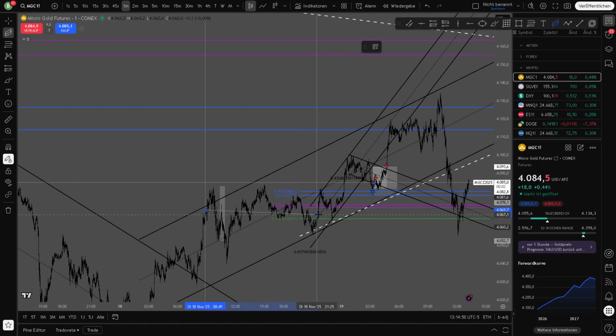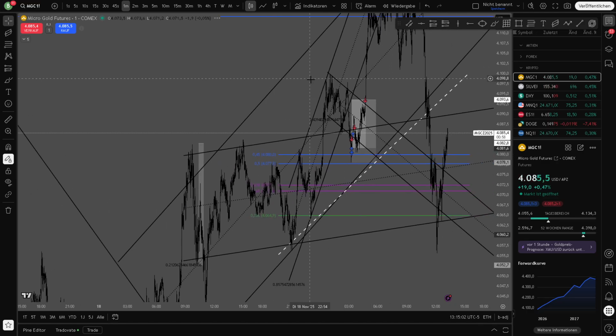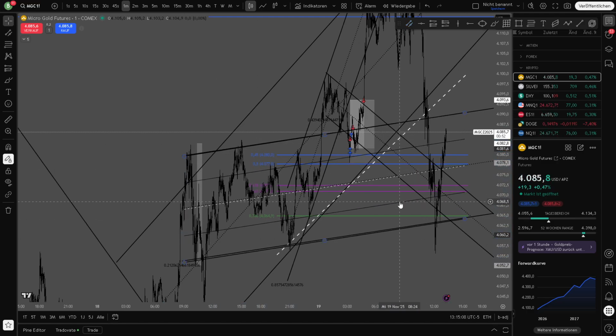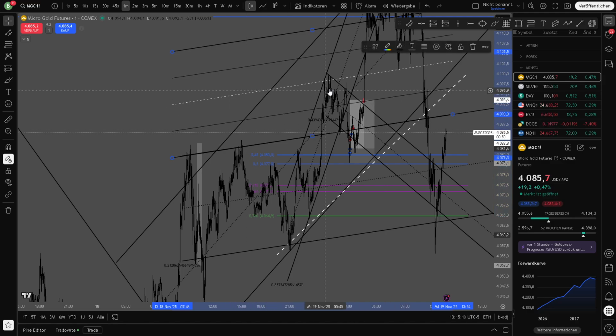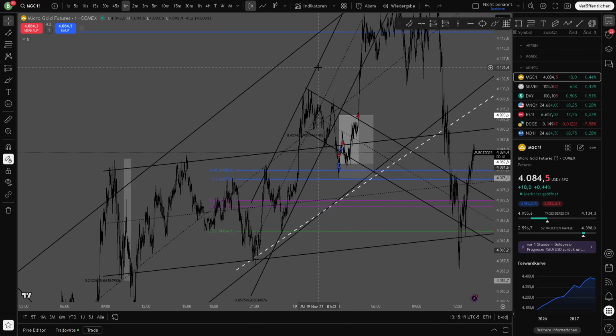So what happened is we broke this trend here, as you can see, broke that to the upside, then made a model 4. Wasn't looking on the charts at that time, so did not take that, but as you can see here, reacted nicely off that 50%. Could have taken that if it was in my time. Then